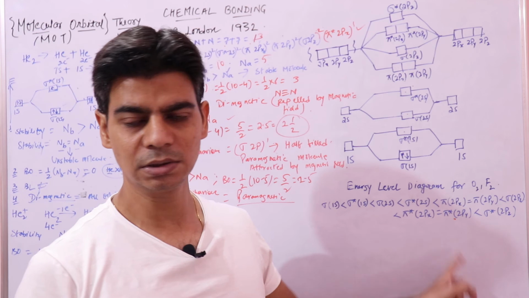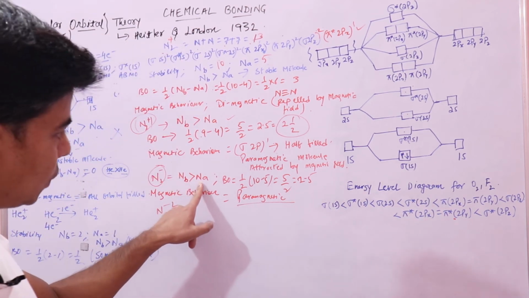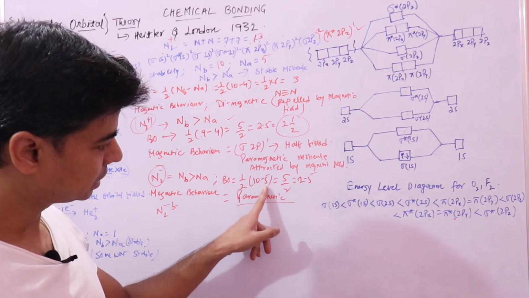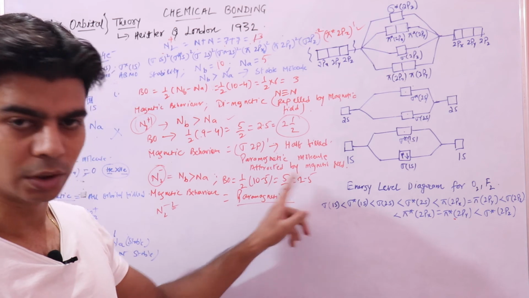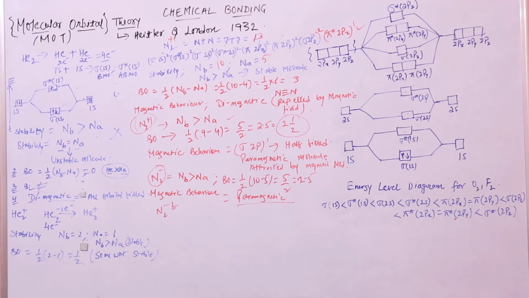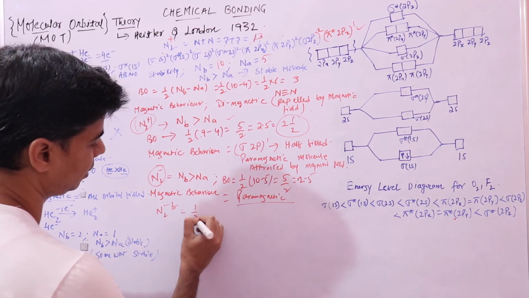Two half filled orbitals, it will still be paramagnetic. So you add one extra electron here, it will become 10 minus 6. You will have only a single bond in this molecule, because it would be half